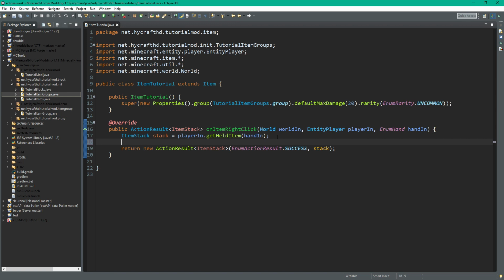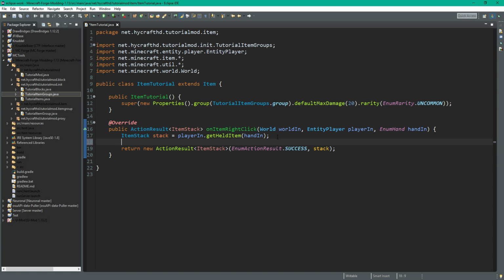For example, with a sword, you could block in all the versions. There were some things you can do on right click. Good examples are water buckets, for example. They're just items which you can right click, and then a water block is placed in the world. So that's what we're gonna do too. We're gonna set a block,